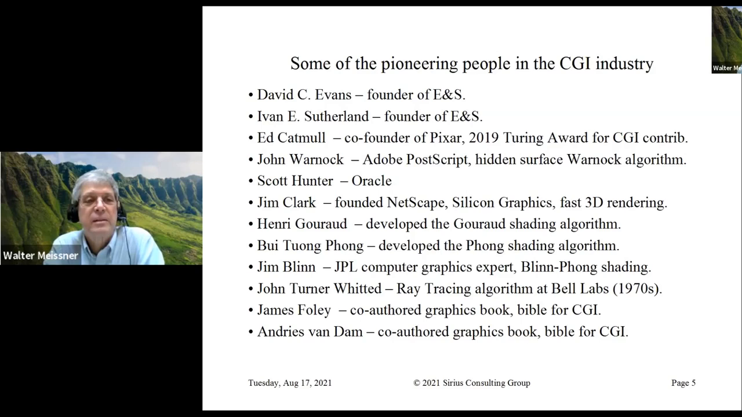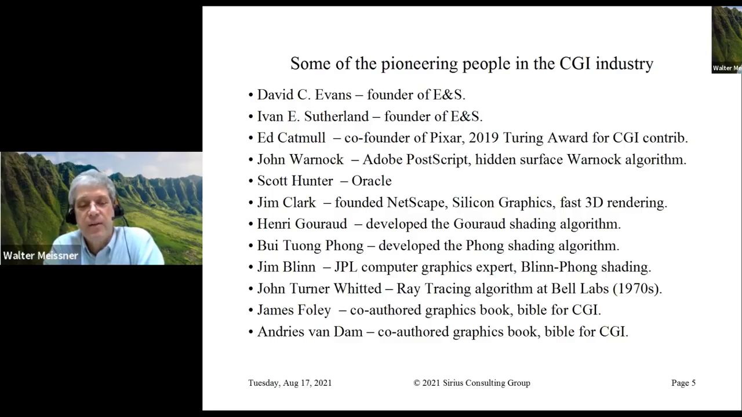So you had Edwin Catmull, who also turned out to be co-founder of Pixar. Most of his work was done in the 70s and 80s, maybe 90s, and he only got the Turing Award in 2019 for CGI contributions. You had John Warnock. He was the person behind Adobe PostScript, and he's also known for the hidden surface Warnock algorithm. You had Scott Hunter, who got involved with Oracle. You had Jim Clark, who founded Netscape,